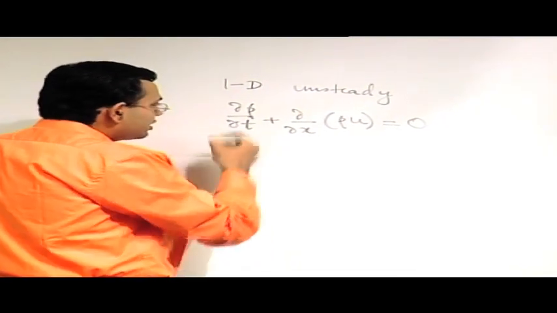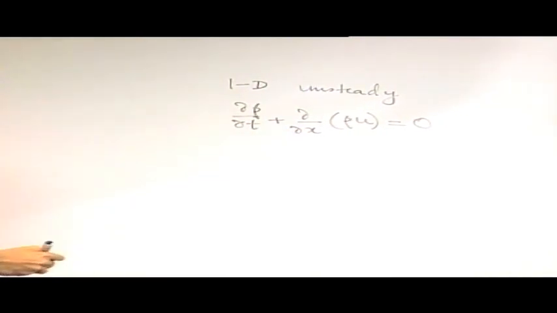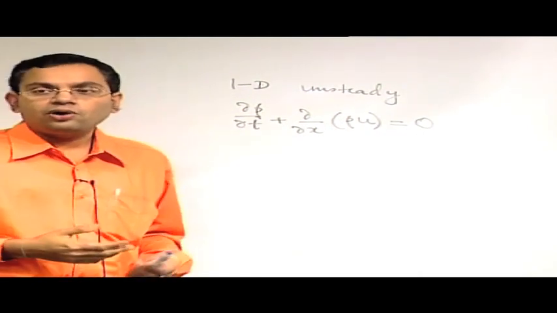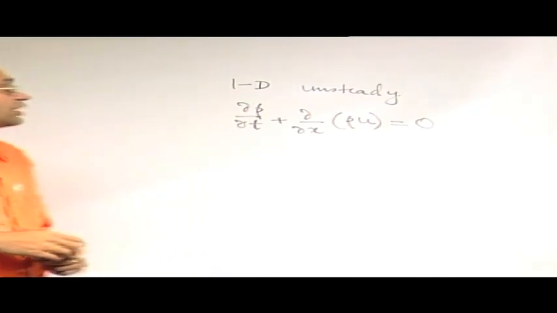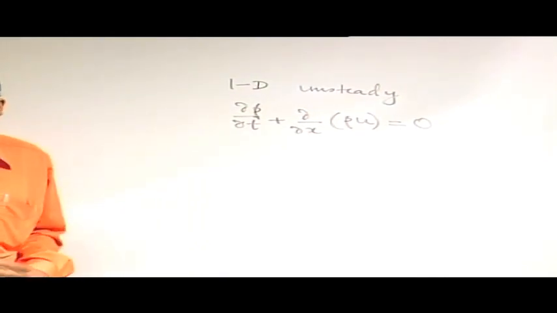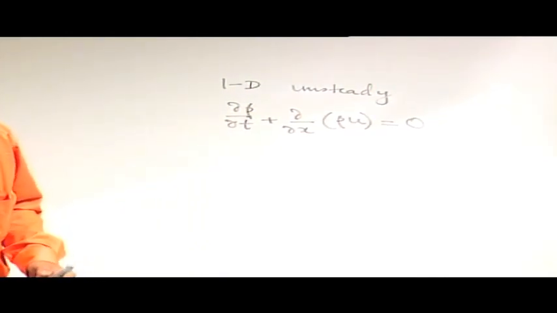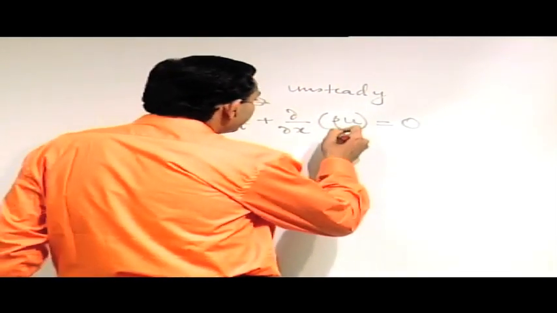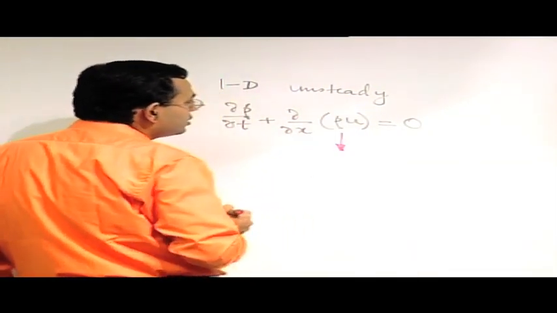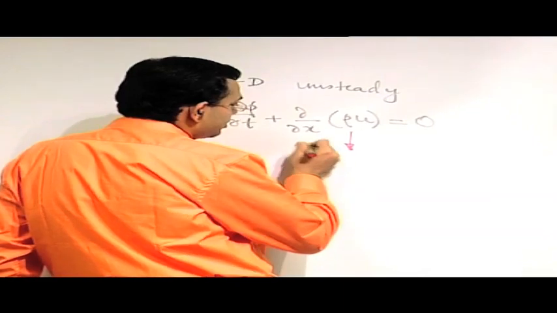Now let us try to have a sort of feel of what would be the corresponding form if it is an incompressible flow. So to do that, let us say that we divide this term into two parts. One is